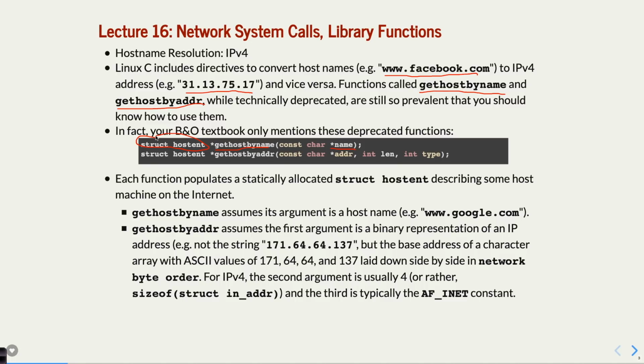And it populates it with the information you're going to need about what the IP address is and so forth. You can also pass in an address here. As it turns out, I don't believe that's actually a char star, although it looks like a char star. You have to actually cast it to, believe it or not, an int in this case. And the reason for that is because you need to, actually this one maybe not.